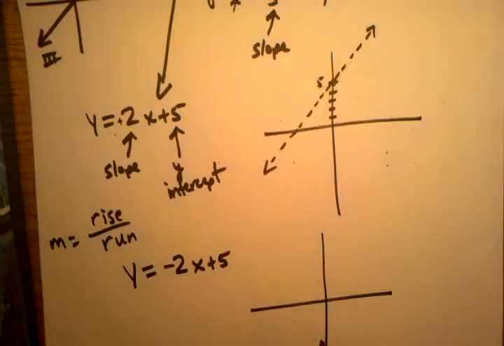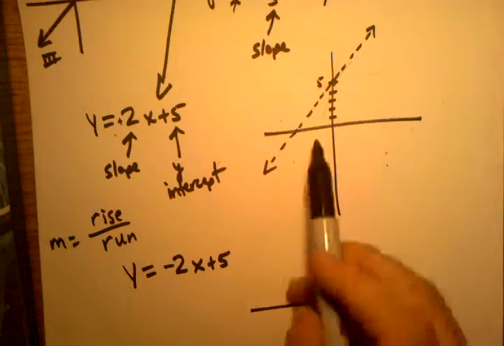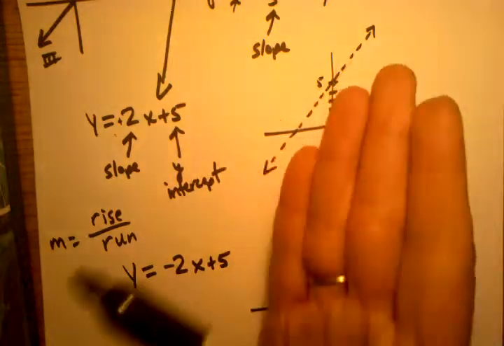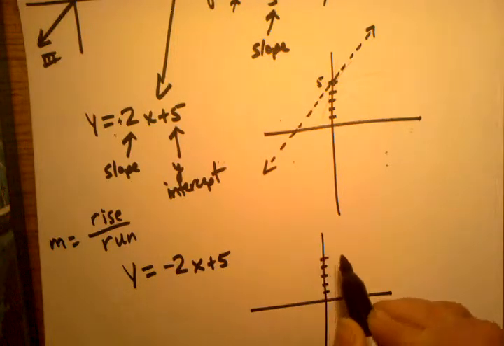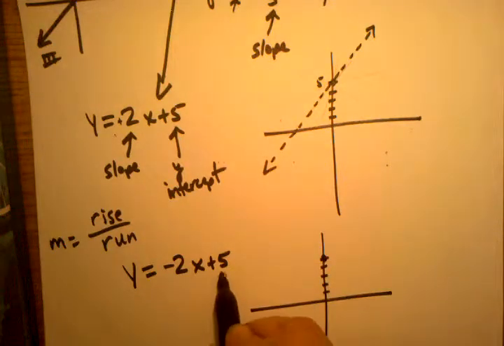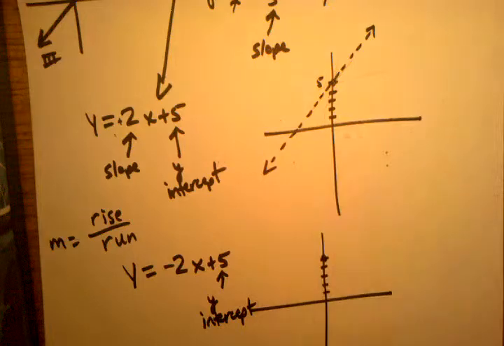So my negative slope line is now going to be just like this line, but it's going to be the opposite of that. It's going to cross over at the exact same point. 1, 2, 3, 4, 5. So it's going to still cross over here because I still see the same y-intercept. I did that on purpose just to compare to this one. But now I have a negative 2 as a slope. So